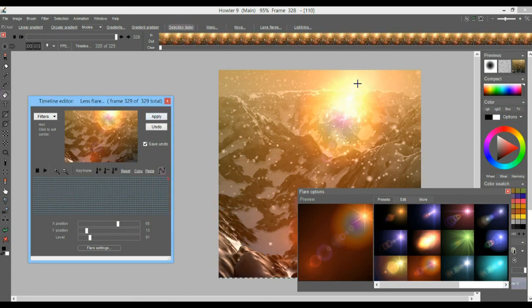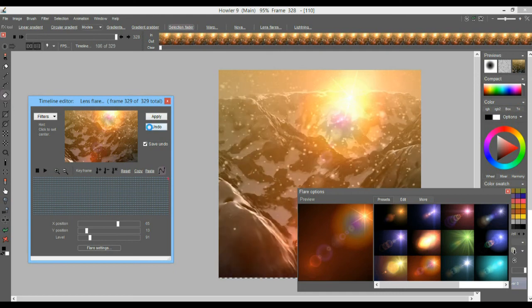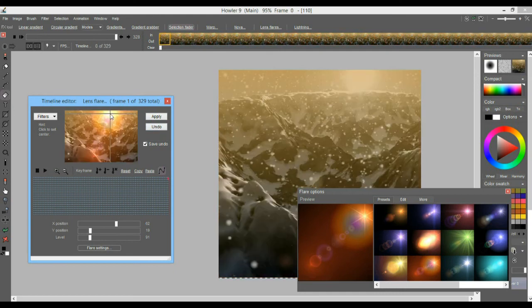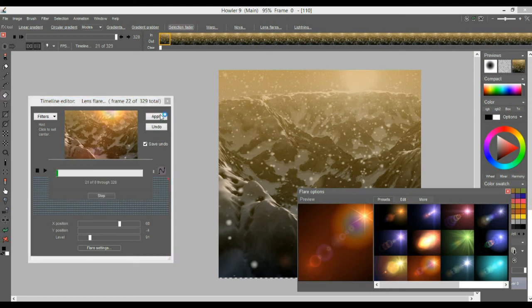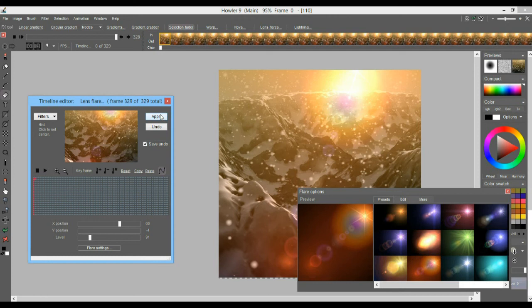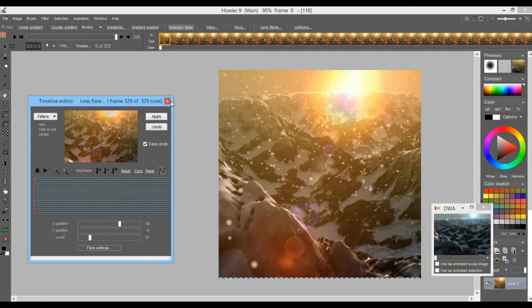And yeah, this sun is definitely a little bit too low. Let's undo that and move it up a little bit higher, something like this. Apply it there. And I think that may be just our final render, and there you go. So now